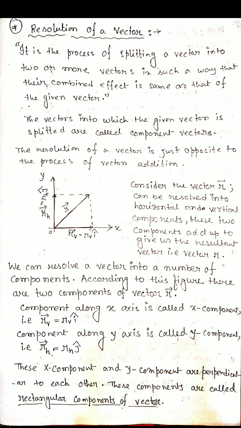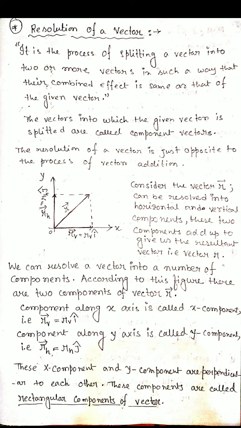Whenever we find the magnitude, the value of RV only, we use the modulus sign. The modulus of a unit vector, its magnitude, is unity, which means 1. So the mod of i cap, j cap or k cap is also 1. When we find the magnitude of a vector, if an i cap, j cap or k cap term is there, it is converted to 1, because the modulus of orthogonal or unit vectors is 1. That's why they are called unit vectors. They only give us the direction of that particular vector.